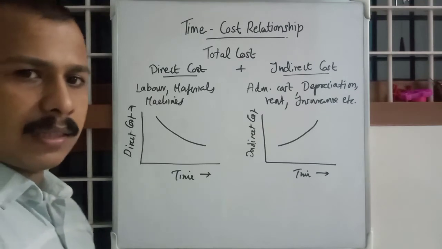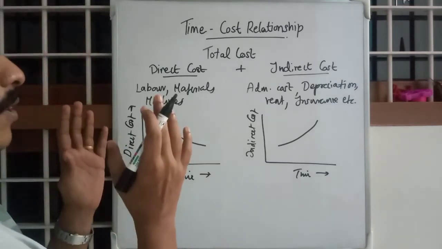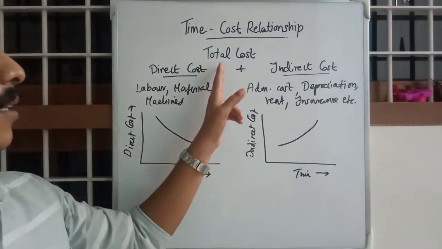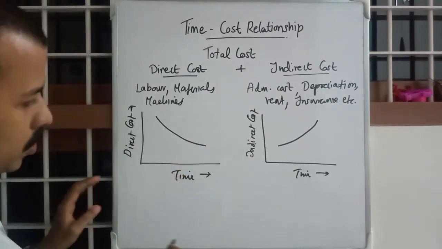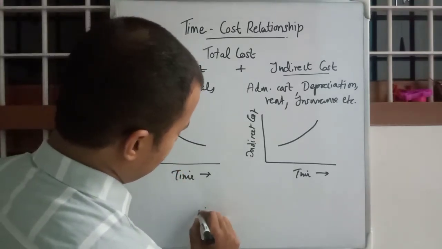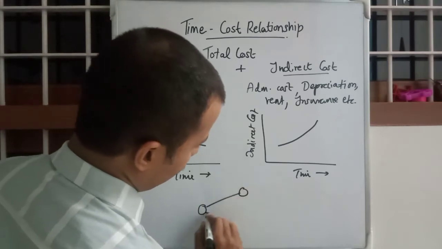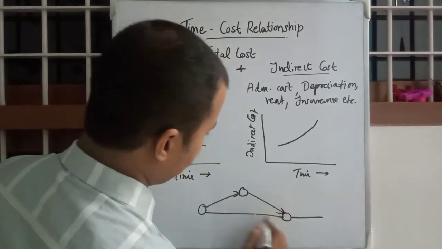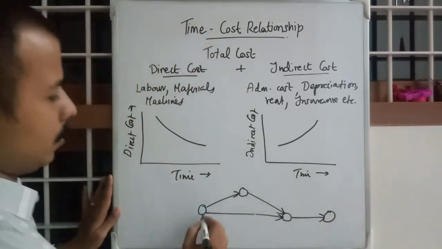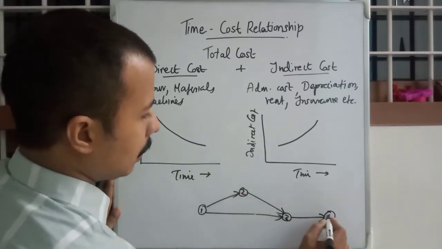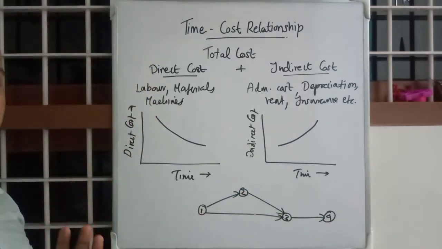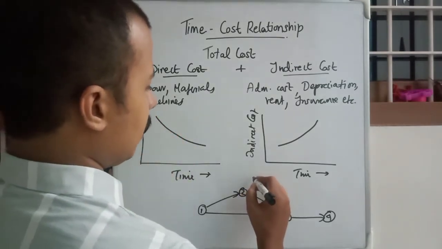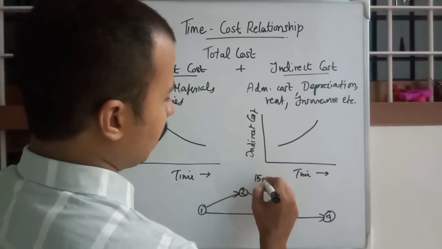Okay, I think it's clear. And when you take direct cost and indirect cost, you can calculate total cost. Okay, using total cost, suppose this is a network diagram of this project, 1, 2, 3 and 4. This is a particular network diagram of this project, and there will be a particular duration incurring for this, suppose 15 weeks,